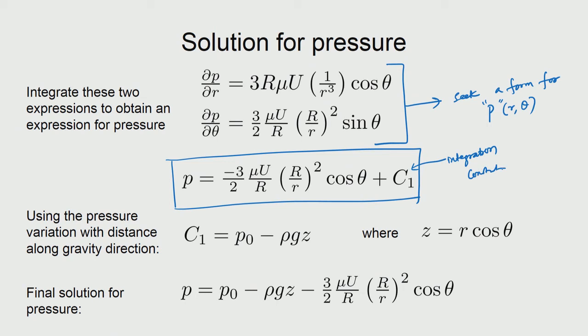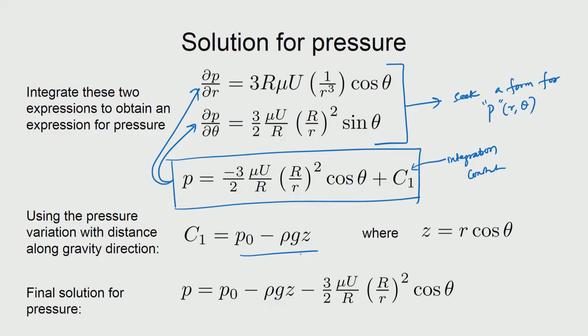So, it is easy to see that once we have got the suggested form, when we differentiate, you would get those two variations, that you can verify. And the integration constant is determined by looking at the pressure variation as a function of distance. We already know that from static problems. So, rho g h as the hydrostatic head is already known to us.